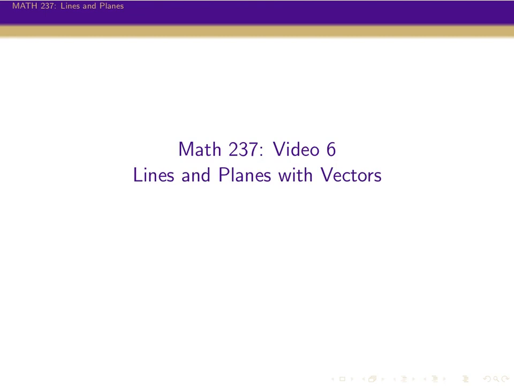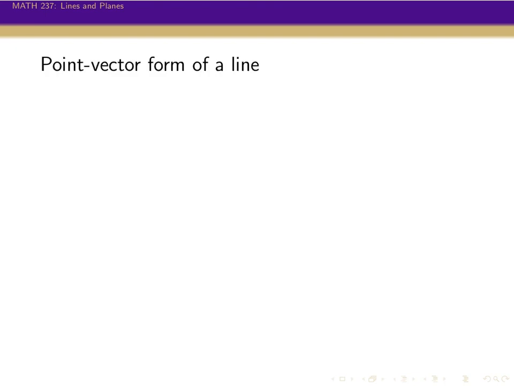So let's start out talking about lines. Let's start off with this in R2, but most of what we're going to talk about in R2 is going to apply to R3 as well. So we know that vectors lie on a line, and in fact, the simplest kind of line we can think of is one that goes through the origin. And so if we have some line L like this,